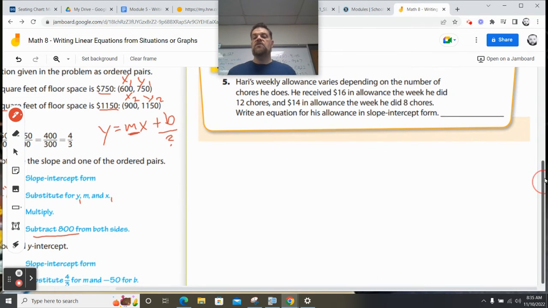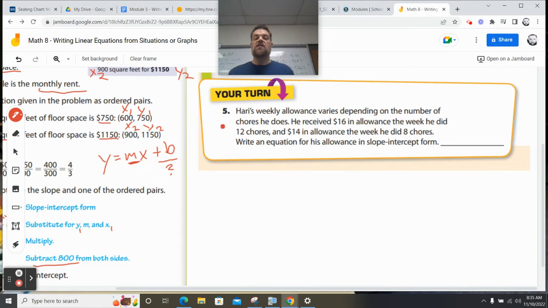Let's try to do some of the stuff on our own. So it says, Harry's weekly allowance varies depending on the number of chores he does. So right now, what varies it is the number of chores. So we're going to say x equals the number of chores. If he does more chores, he makes more money, right? And Y is